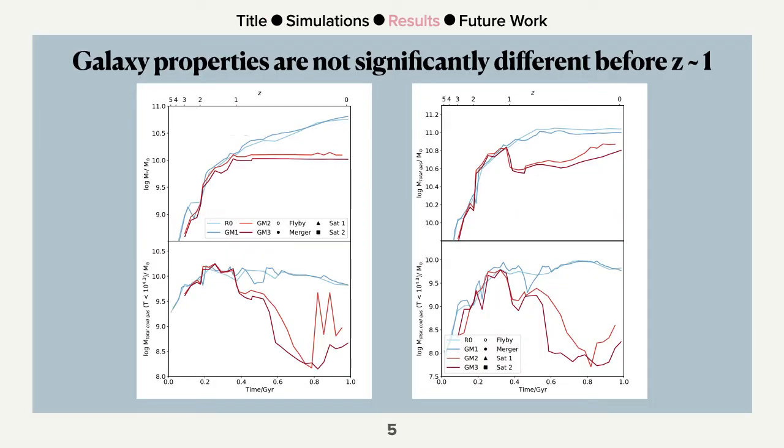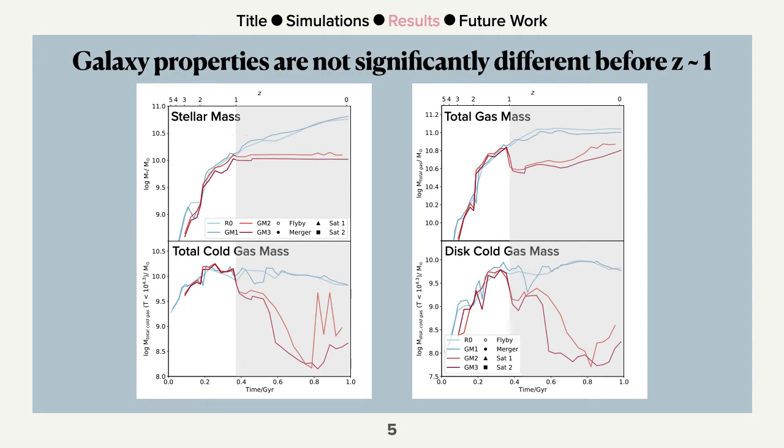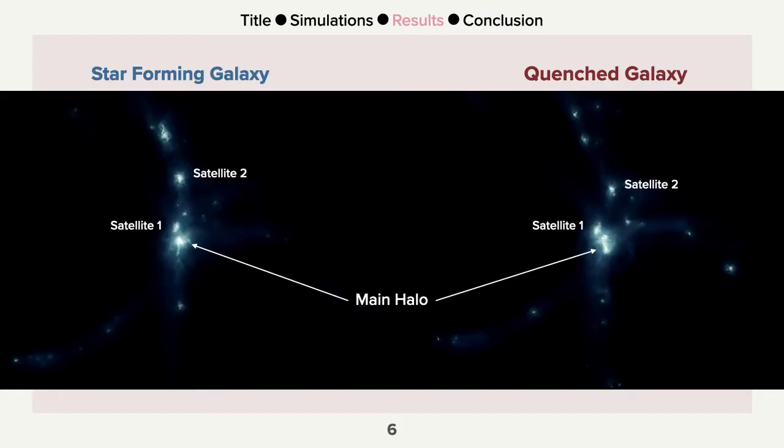If we look at some of the properties of the galaxies, we don't see significant differences prior to the time of quenching at z equals 1. The stellar mass, total gas mass, and cold gas mass in the halo and the disk are not significantly different prior to this time. What is different is that each GM galaxy experiences a series of minor mergers at z of 1. Due to the GM process, the timing and sequence of these satellite interactions is changed between the star-forming